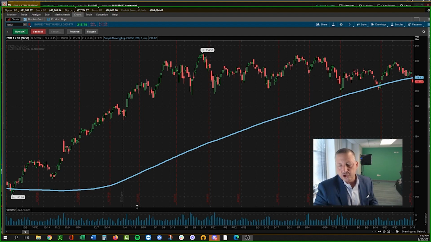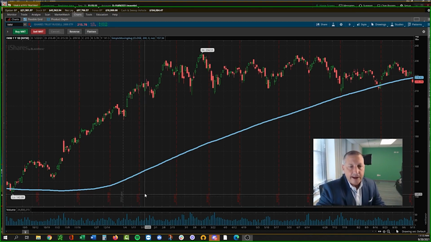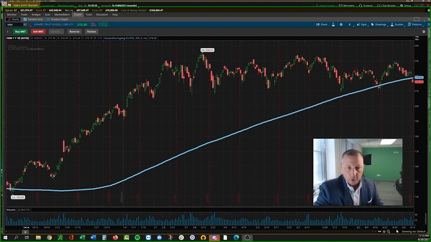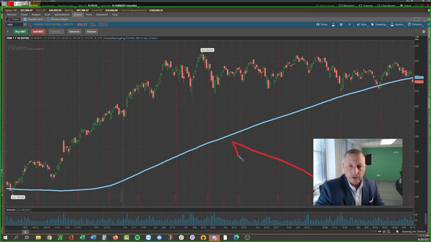So check out this chart that I have on the screen, which happens to be an ETF. It's the IWM, which is the ETF for the Russell 2000. Basically, it's for one year here, going back to October of 2020 all the way up to right now. And you can see this blue line here. This blue line is an indicator that I use, which is the